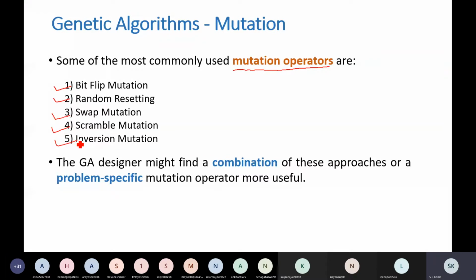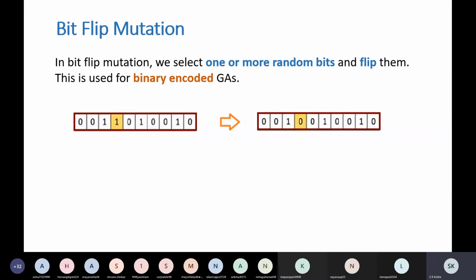Sometimes you will find genetic algorithm designers may use a combination of these approaches. Not necessarily a single approach has to be used in a given domain situation. You can have a combination of these techniques. That means at one step you may use random resetting, and at another iteration you may use scramble mutation. That is also possible. So let us see one by one how these techniques work.